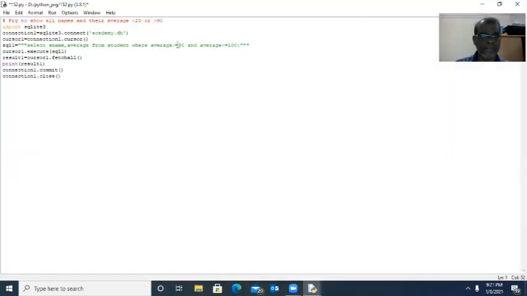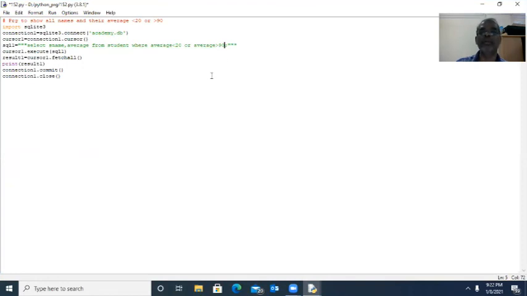Here, average less than 20 or average is greater than 90. Those who got average less than 20 and average greater than 90 will be displayed.